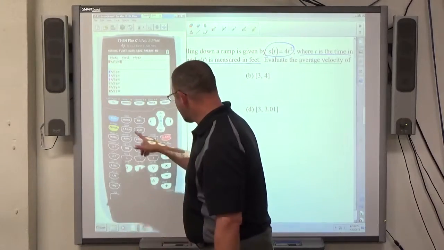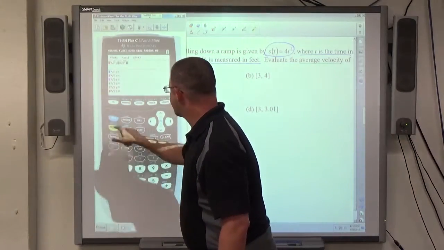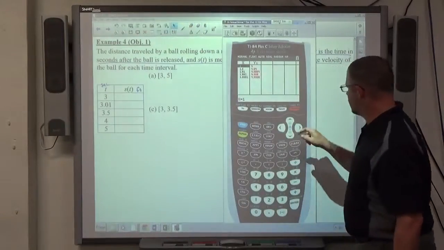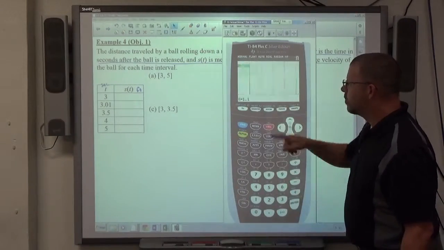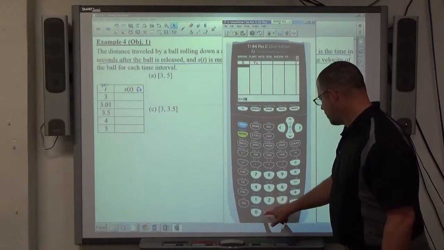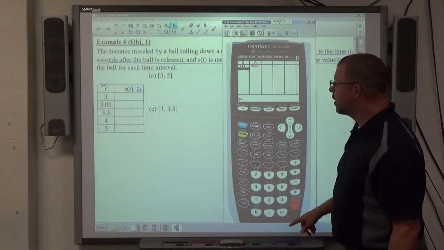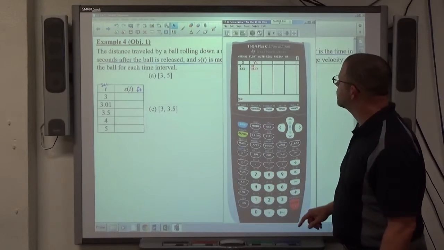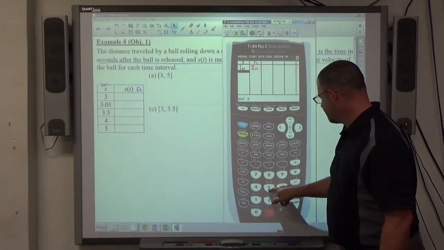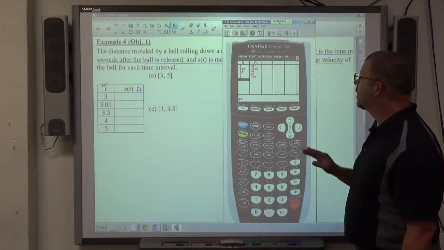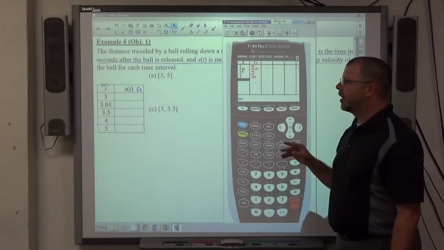Alright, so I'm going to put 4x squared as my function. I'm going to go to my table, and I'm going to put in those numbers. 3.01, 3.5, 4, and 5. One thing I'm going to caution you about when you're doing problems of this variety,